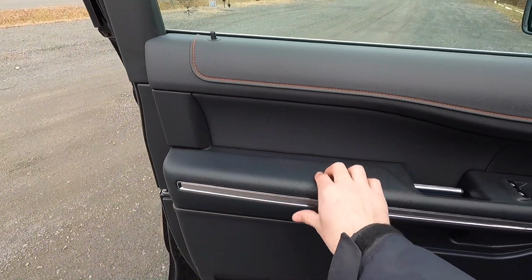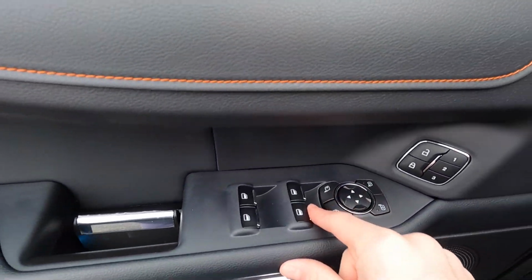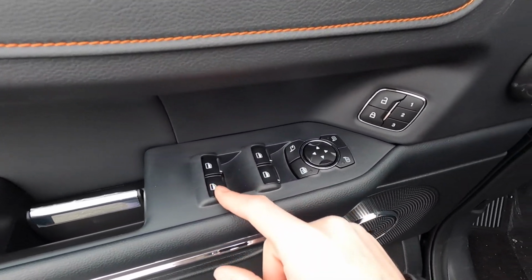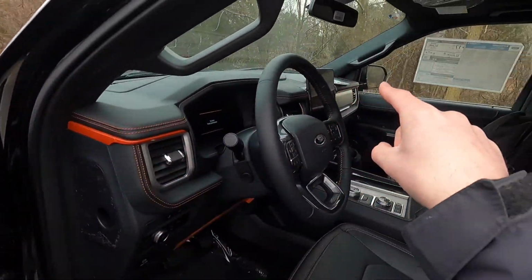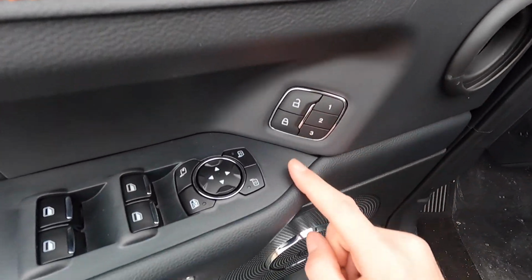You get a nicely padded and leather wrapped armrest, which feels very, very nice. You get automatic up and down windows in the front, but you do not get automatic up or down windows in the rear. 3 memory seat adjustment settings, and just keep in mind that your memory seats also include your side view mirrors. So your side view mirrors also have memory,